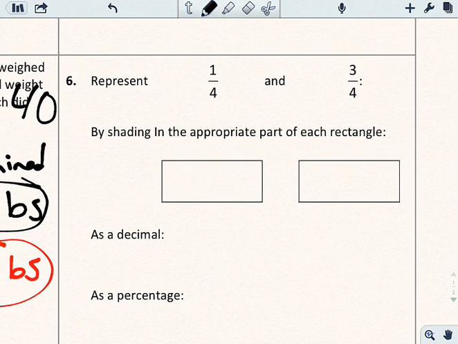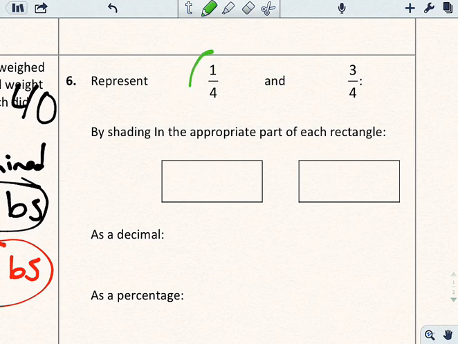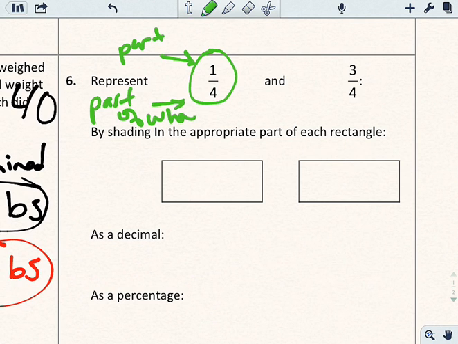Well, okay, so we've got to represent 1/4 and 3/4 by shading in the appropriate parts of each rectangle and then write them as a decimal and percentage. So let's do this in green. So 1/4, we have to understand what a fraction means. The way to interpret this is that this is 1 part out of 4 parts total that make up the whole. So what I mean is if I take this square right here and divide it into